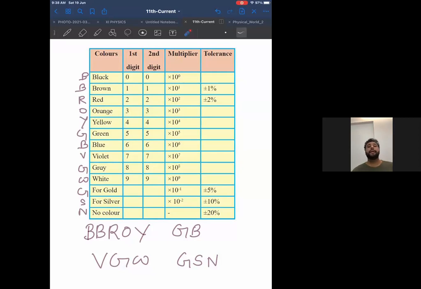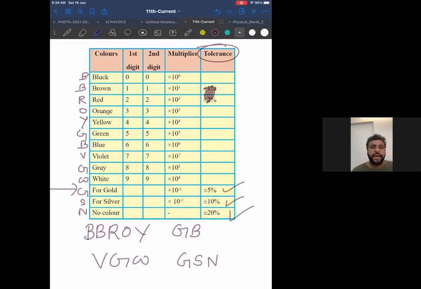Okay. Now, very quickly, I'll show you the 5th column. In the 5th column, you don't need to write these two. These two are not required. Your 5th column is tolerance, and tolerance actually starts with gold only, directly. Now, how do you remember tolerance? It is very simple. Gold is high fi. Therefore, it starts with 5. Into 2, 10. Into 2, 20. This is how we get tolerance.